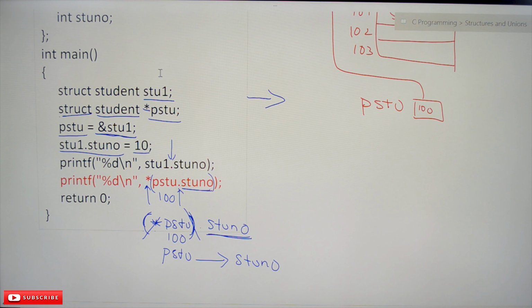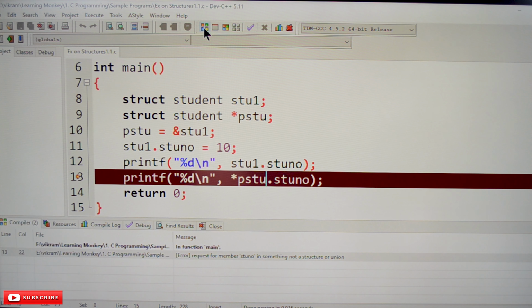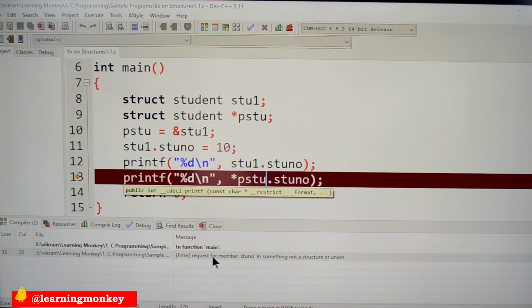So this is our example, the same example, but without the brackets it has been given. So it is going to generate an error. See here, request for member stuno in something not a structure or a union. So the dot operator is considered first.